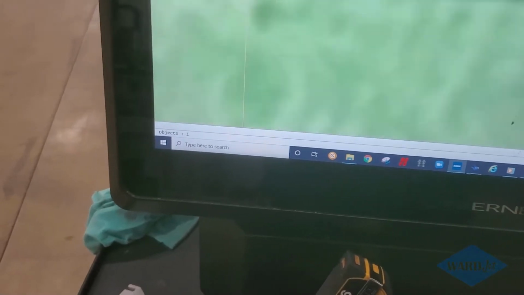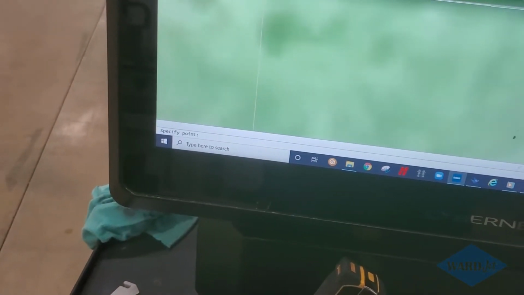So obviously you can also click on corners here, so you can just grab those blue grips and go ahead and